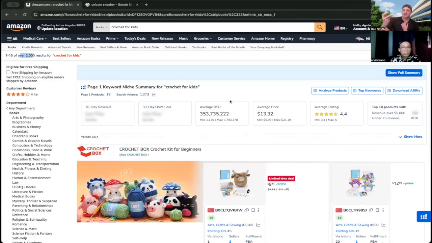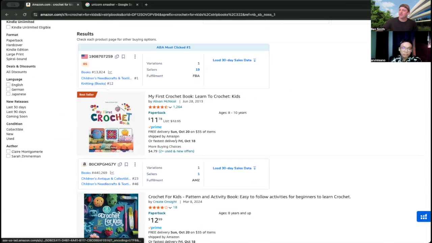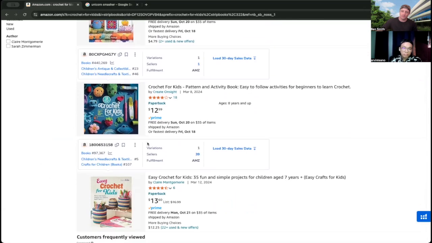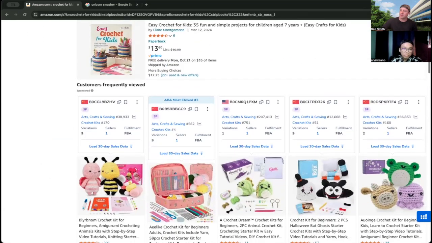So maybe, and this is kind of how my brain's working through the research process. When I find these ideas, that's what we're putting down in column one on our Google Sheet or our Excel. This isn't a book though. When I scroll down, this is not a book, but these are books. So sometimes you're going to get that.